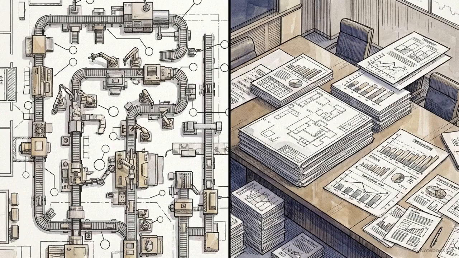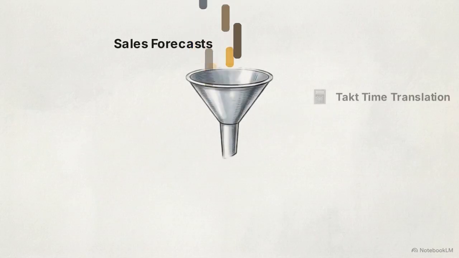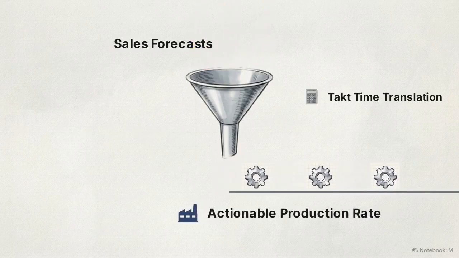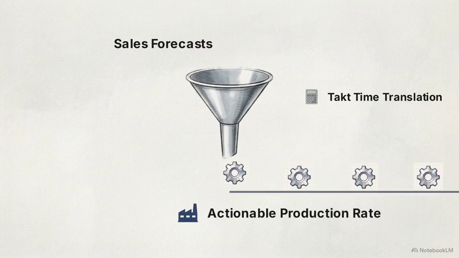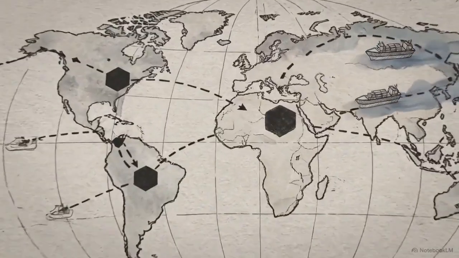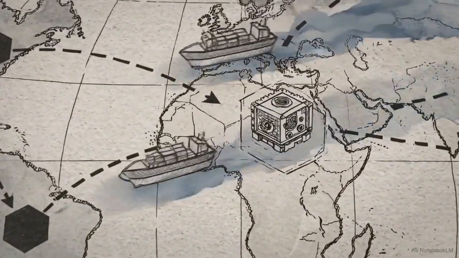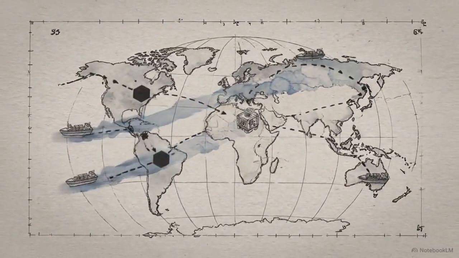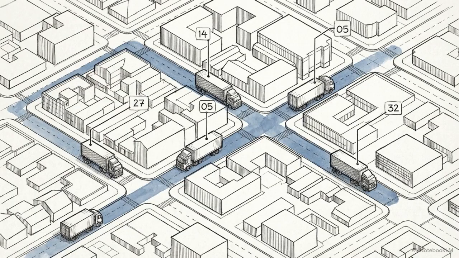While it originates on the factory floor, this metric scales directly into macro-level business planning. Takt time integrates deeply into high-level sales and operations planning, translating broad sales forecasts into actionable production rates. It is utilized in capacity planning across massive multi-node global supply chains to ensure different facilities are producing at compatible rates. In non-traditional logistical environments, operations use it to optimize delivery truck routing schedules based on daily volume projections.